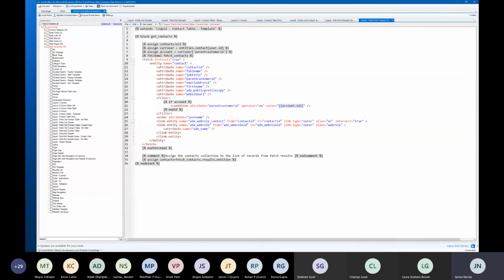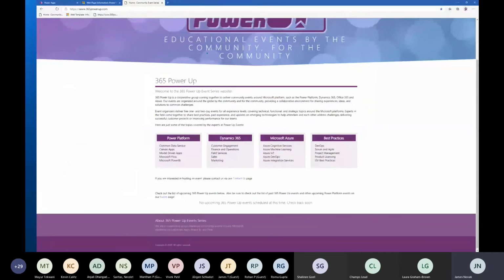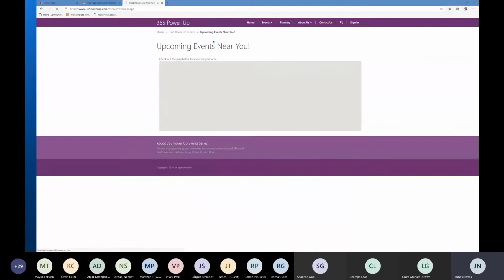So let me switch gears here, and I want to bring up, we talked about bringing it all together and showing a more complex set of liquid templates. So I got an event portal we put together, and it's kind of gone on hold. These are a lot of in-person events, but we're doing some really cool virtual events now, as everybody on this call knows. What I had was, I'll show you a real quick example of the